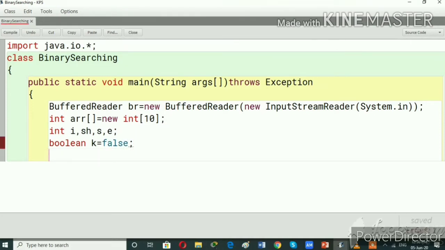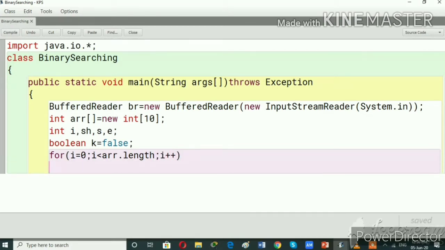Now here we'll input 10 different numbers. For that we have to start with the loop for i equal to 0, i less than arr dot length, i plus plus. Here we will give the message System dot out dot println, enter number.